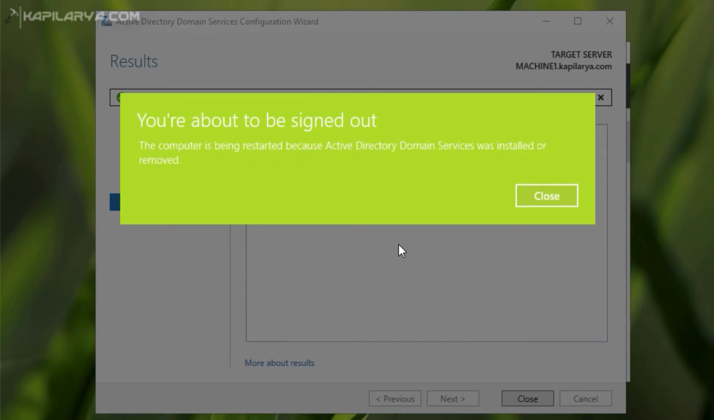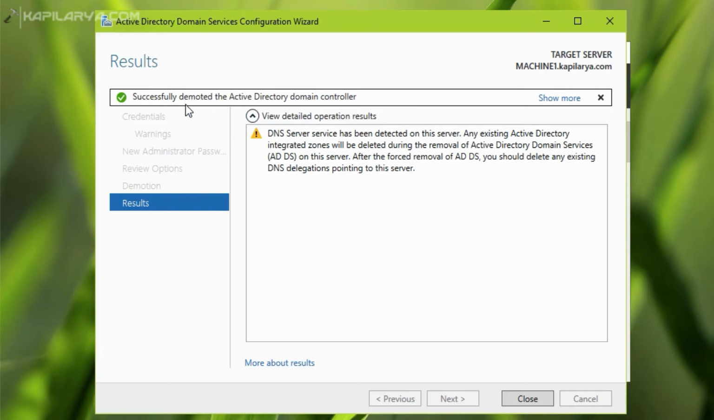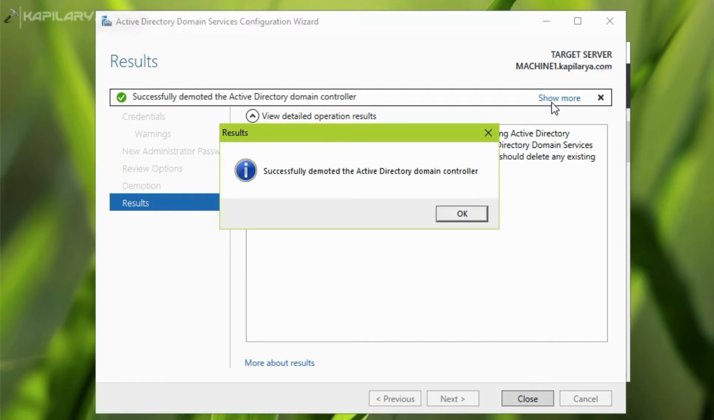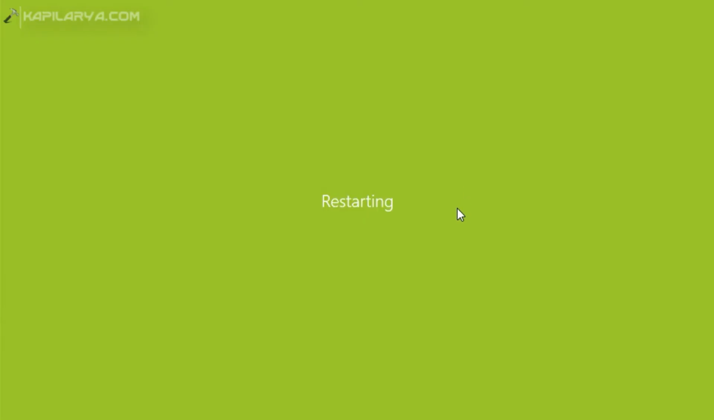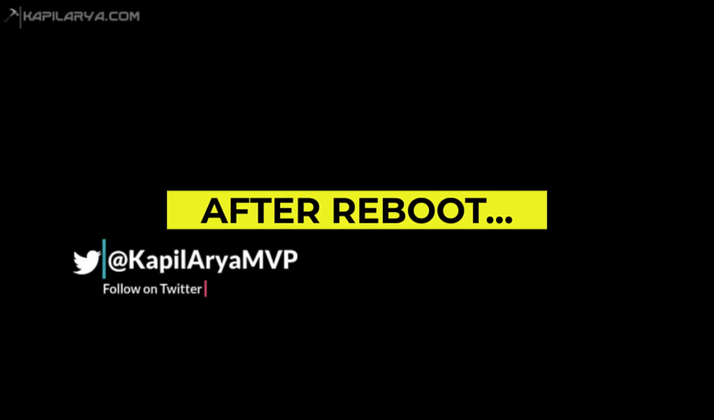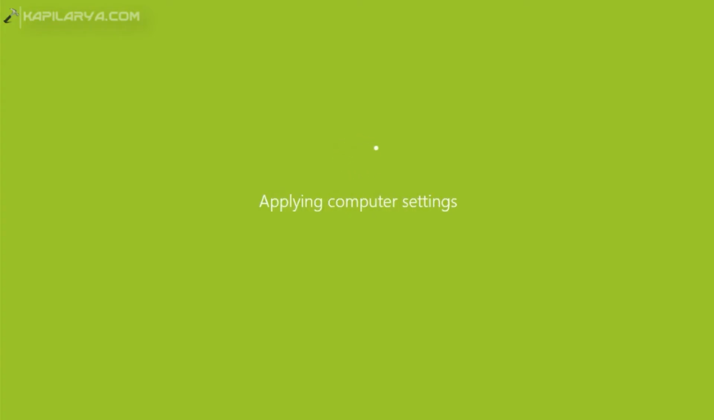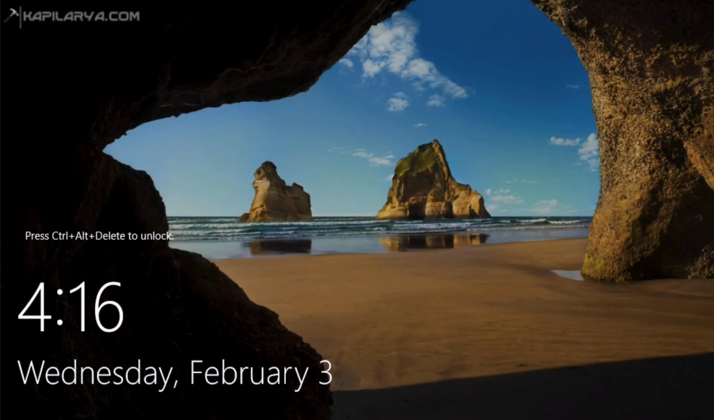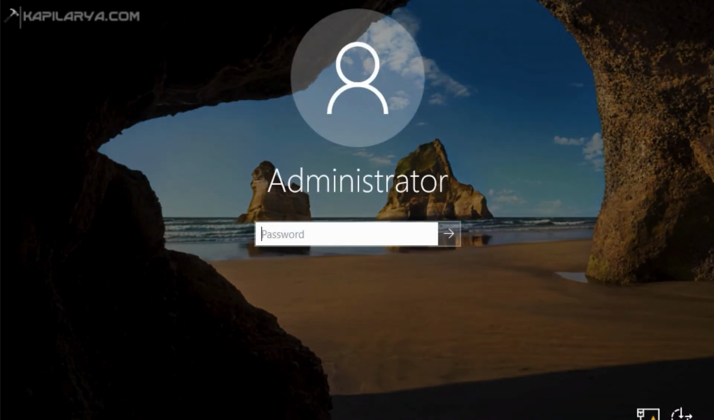Once it is done, you will be seeing this window. You are about to sign out. Click on close in that and you can see that successfully demoted the Active Directory domain controller, and after that the server will automatically reboot. So after restarting, log into the administrator account with the new password we have created while demoting the domain controller,